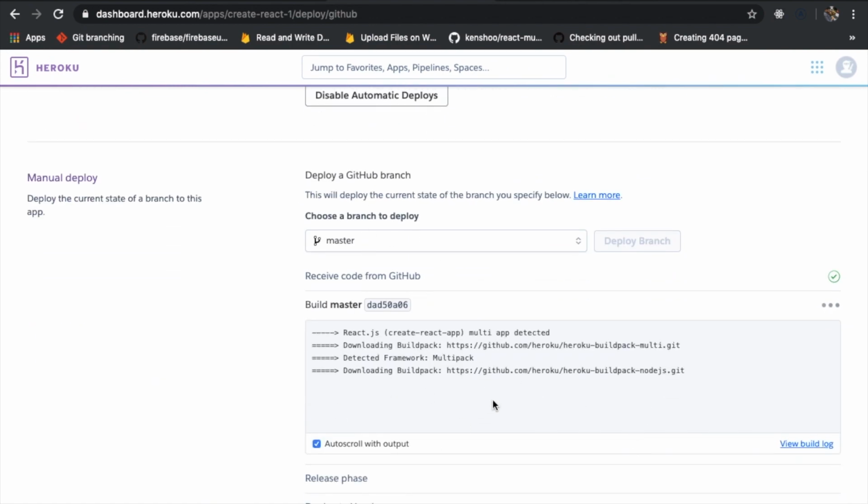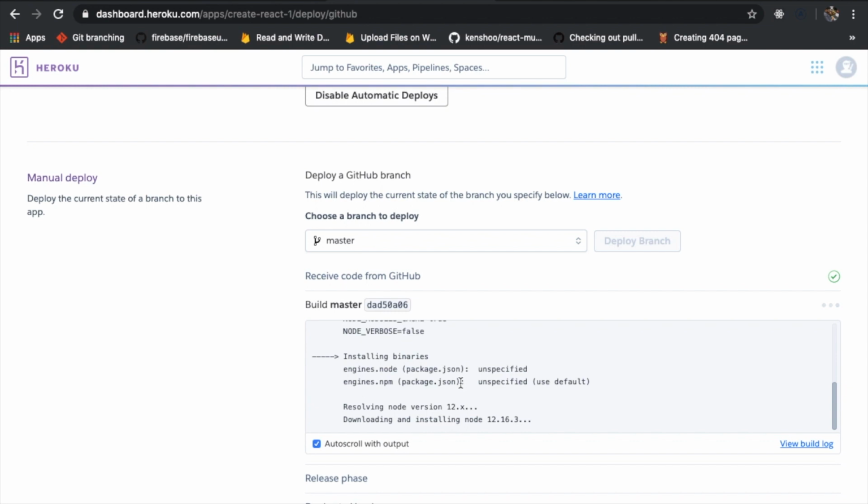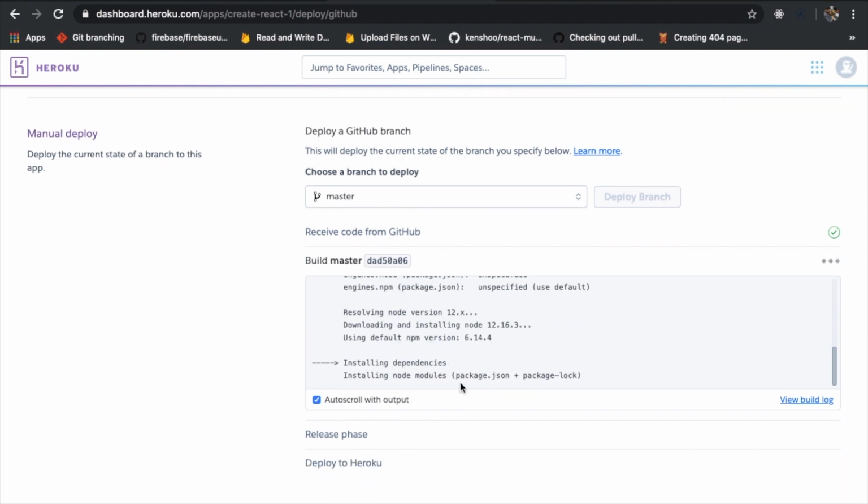Now my build has started. It has detected all the files, and now it is starting to compress them and organize them so that a particular build can be delivered and the app can be pushed to production. It may take some time depending upon the type of application you have and the amount of code you have. So you have to wait for a little while. Once this is done, Heroku will give you a URL with which you can access your website.